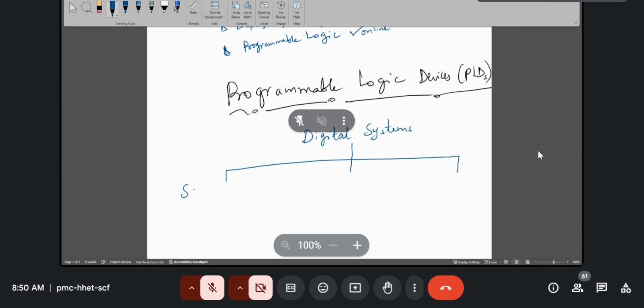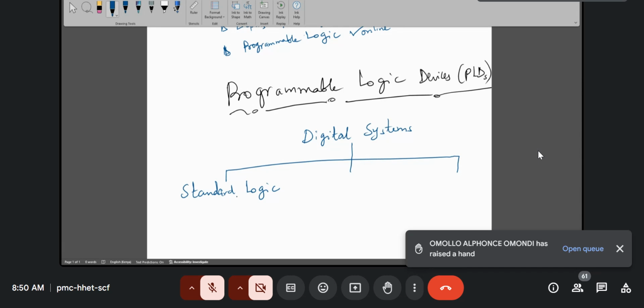So one family of digital systems is the standard logic. This is what we were actually reviewing even yesterday. Under the standard logic, we find technologies such as